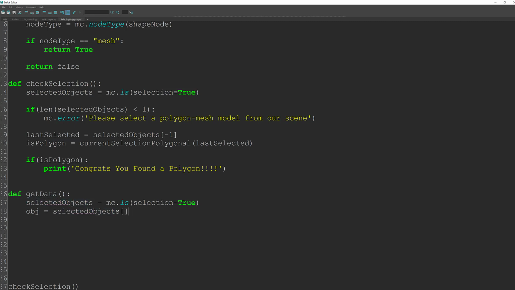So we want to check, because remember this is storing an array of values. We want to check if we are on the 0 element. If you think about arrays, they actually start at element 0, not 1. So we want to make sure that in element 0 we actually have an object selected in our array. And let's create a variable here called vertex n, and what we're trying to do is evaluate this polygon. So poly evaluate, if it actually has any vertices, right? So if obj has some vertexes,